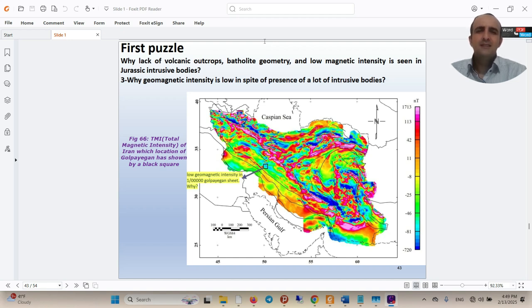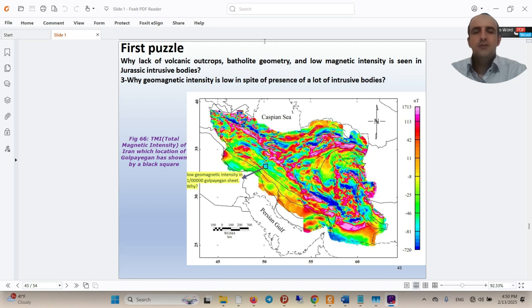This refers to magnetic intensity, which is a measure of the strength of the Earth's magnetic field in a particular area. Geophysical surveys, such as aeromagnetic surveys, measure variations in the Earth's magnetic field. Igneous rocks, especially those with a mafic composition, rich in iron and magnesium, often contain magnetic minerals such as magnetite. So they exhibit a high amount of total magnetic intensity.